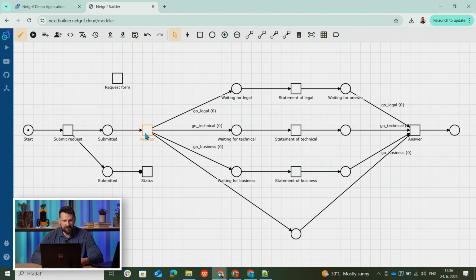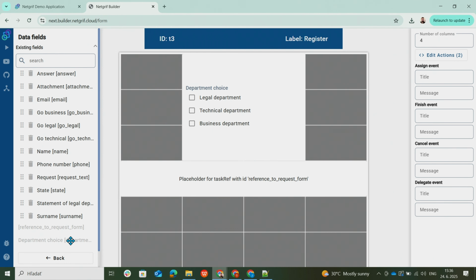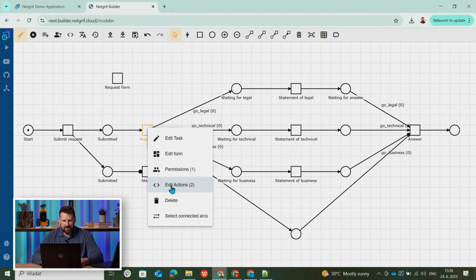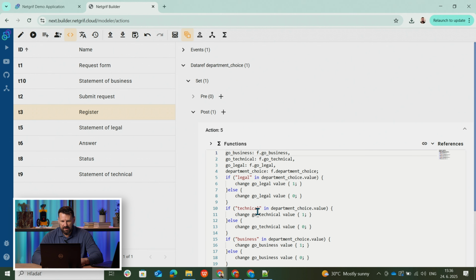So what actually happened if we went here and if we choose technical and business department, what happened is that this action was called, and because technical was in department when we checked, then the value was changed to 1, business value was changed to 1, but in both cases legal was not in chosen values, so go legal was set to 0, and therefore